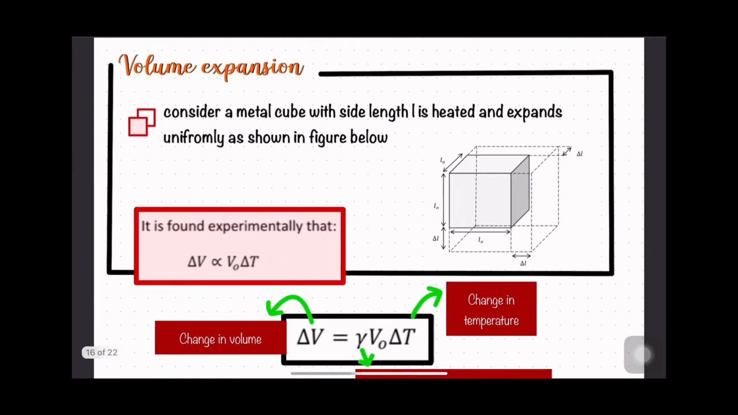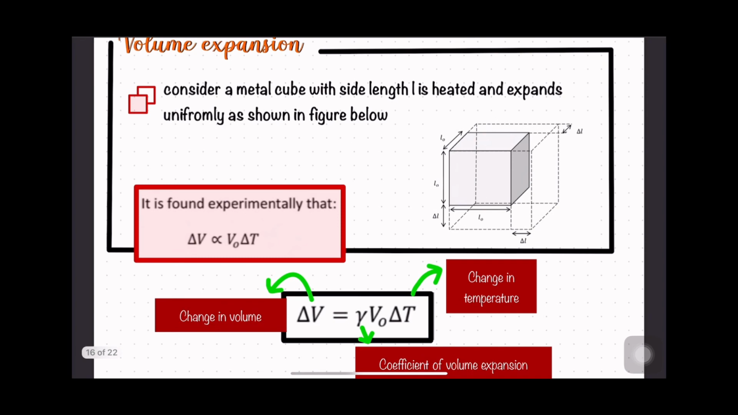Okay, next is a volume expansion. We consider the metal cube with the side length L is heated and expand uniformly and shown in figure below. So you ada satu shape and then kita letak pada satu temperature, new temperature. So dia akan increase dia akan produce the new volume. Okay, so it's found that experimentally that delta V is directly proportional to initial volume times with